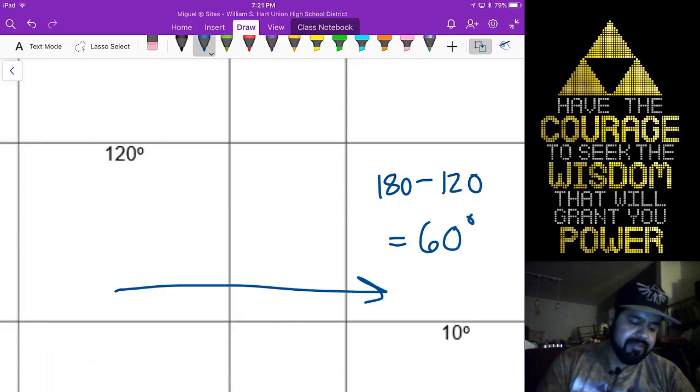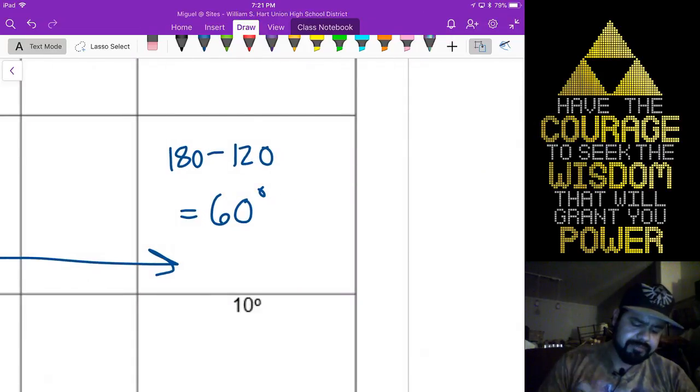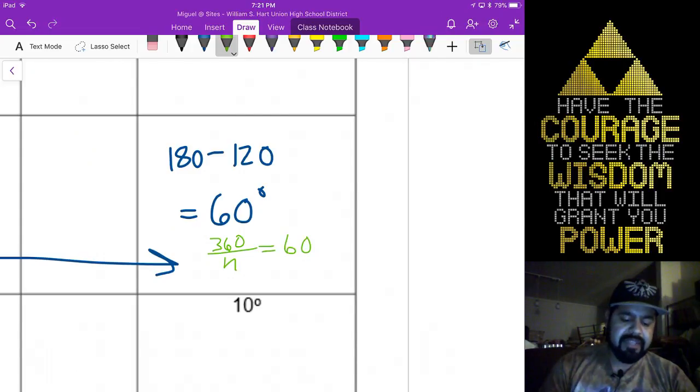So with 60 degrees there, now I know, hey, I can now set up my equation of 360 over n equals 60. And so this is something you're going to want to solve. You're going to multiply both sides by n,